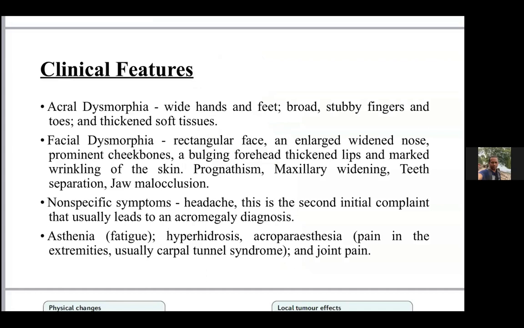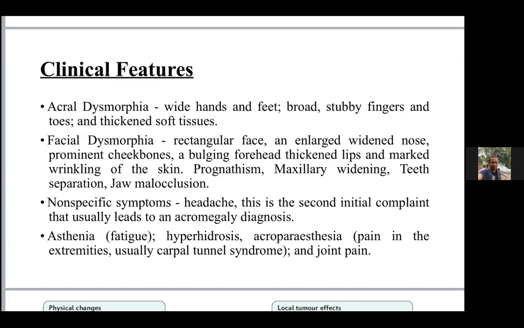The fingers are broad, stubby fingers and toes and thickened soft tissues. That's why most of these people initially notice the change when the ring they're wearing doesn't fit or the shoes don't fit anymore. So an increase in the size of your shoe or your ring should make you suspicious of